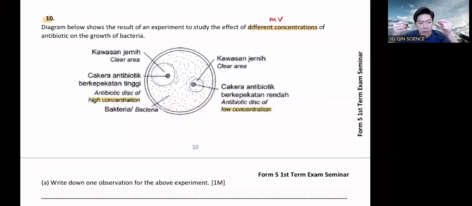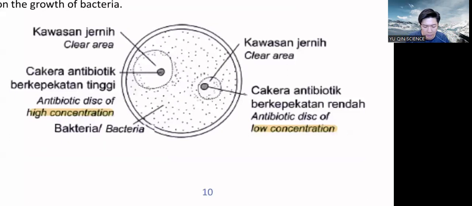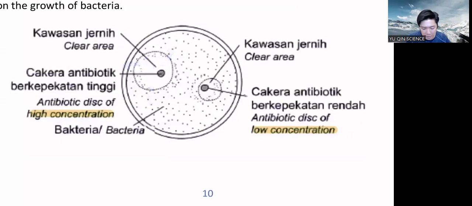Then I put two different concentrations of antibiotic. I kind of slam it on top. When it falls onto the bacteria, all the bacteria run away. How much they run away depends on how scary the antibiotic is. The high concentration one, all the bacteria ran away like, what is this? The low concentration one, they were like, it's okay, not so scary. So higher concentration can kill more, while lower concentration, not so strong, kills less.